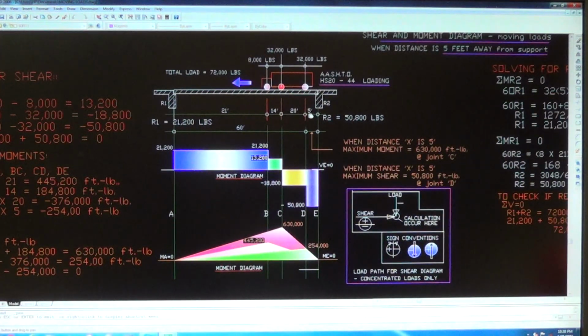So at 5 feet away, 630,000 now. Now it's getting bigger and bigger. And the next distance would be, I think, this is 60 feet of span of the bridge. I will go for 10 from the support. Alright,